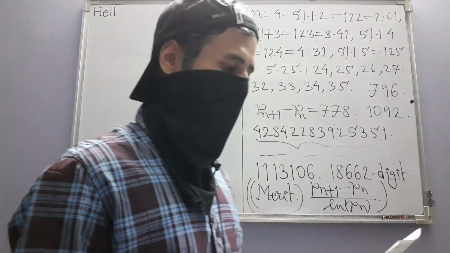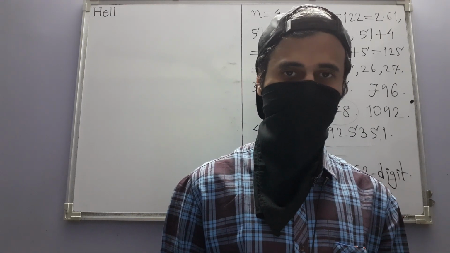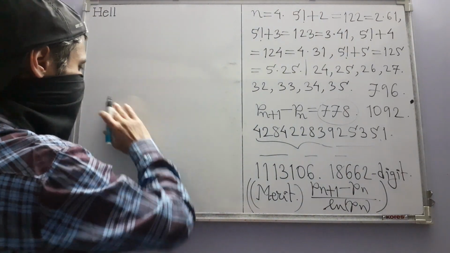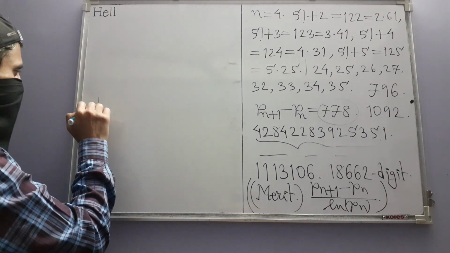Christian Goldbach in the year 1742 wrote a letter to Leonhard Euler, the famous Euler. And in that letter he made a conjecture. He said that he guessed this, that every even integer